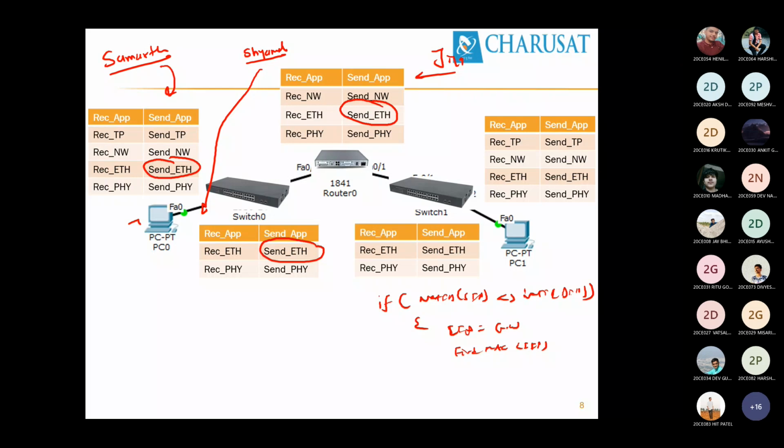So the gateway IP we are transferring into the LIP variable, and LIP is searched in the ARP table that is available in this PC0. From the ARP table it will get the destination MAC address. Else local IP equals destination IP.